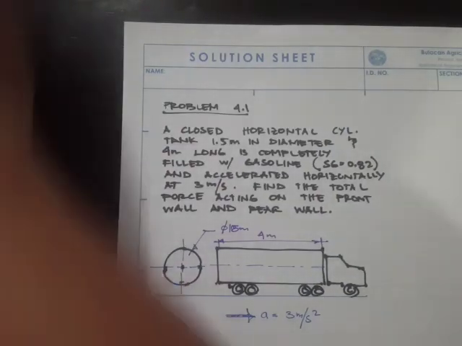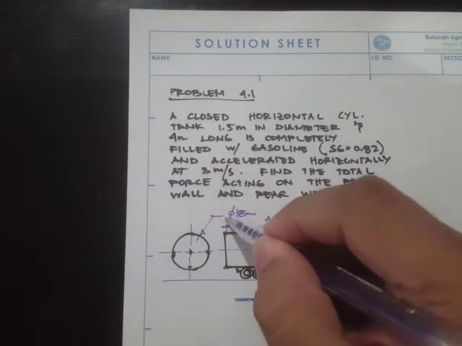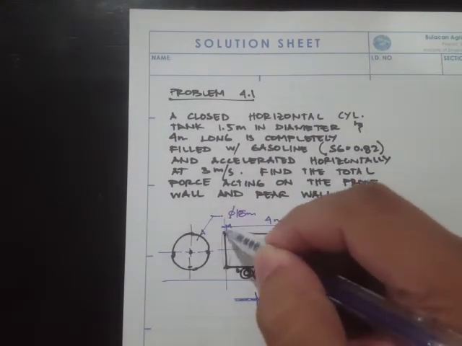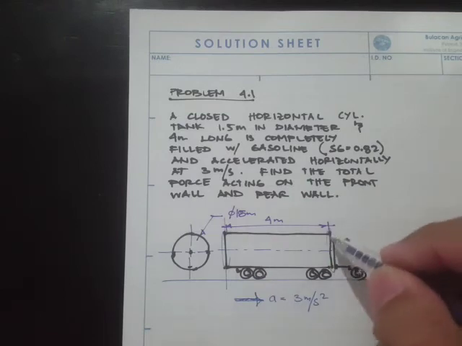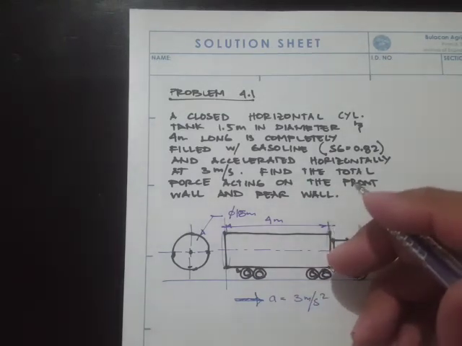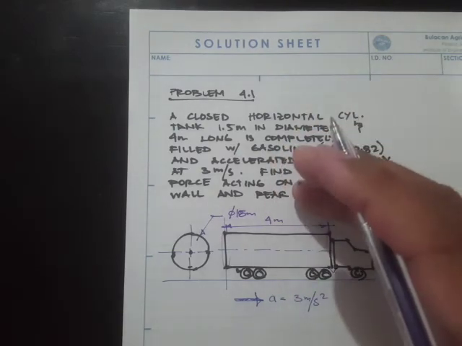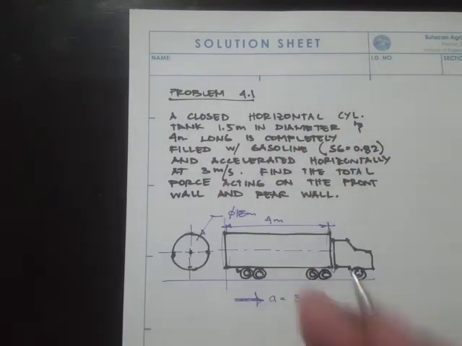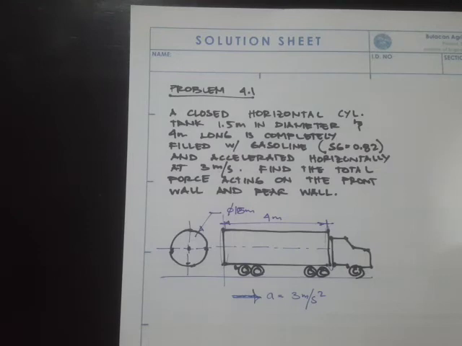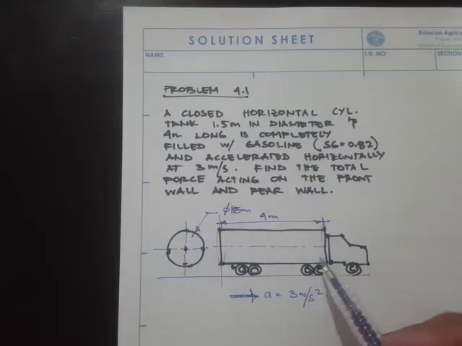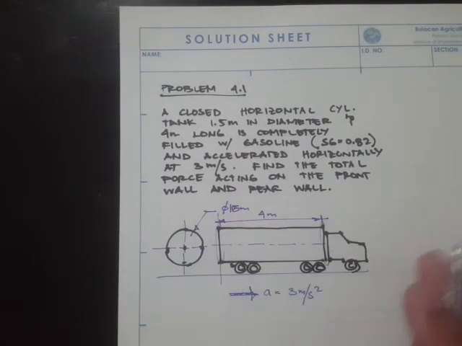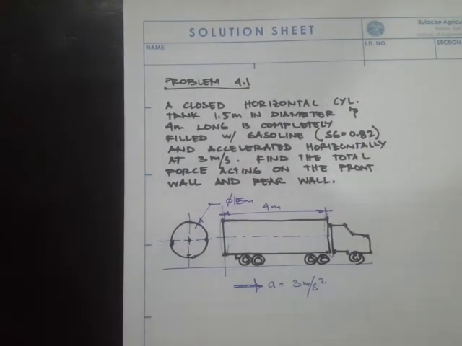Okay, so we are asked to find the forces on this rear wall and then this front wall. Again, we have already discussed that because of the acceleration, the pressure variation is not just equal to the hydrostatic equation. It would be larger, or different, depending upon the direction of the acceleration. Okay, so for the solution,